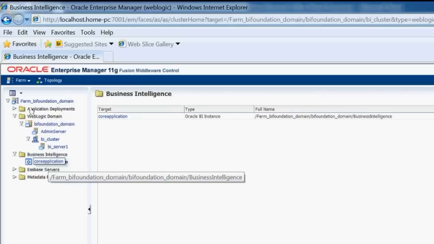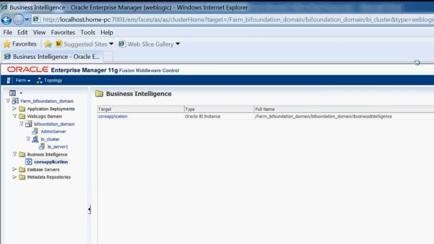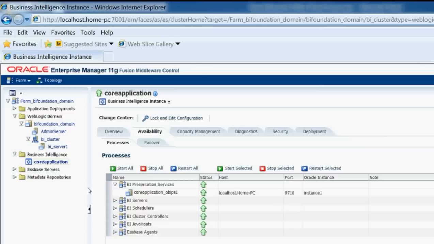Here, core application. See here, it is going. See here, all are up. So now we will go for analytics to check whether all the services are up or not.